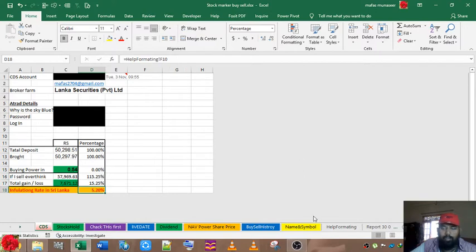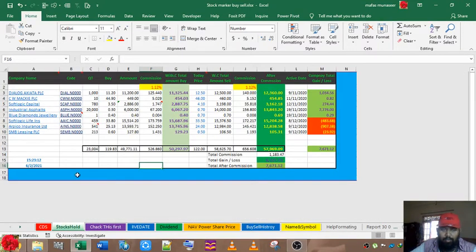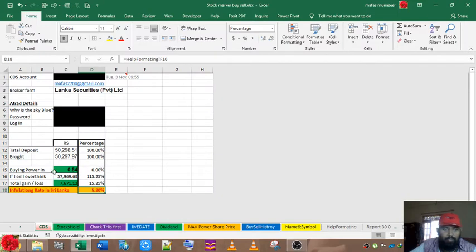Help, format, F10. So like that you have to change it here once a month. Automatically it's here also. It's going to be a reminder once a month. The blue color turns into red color, then automatically this letter is going to pop up. So those are the details here.